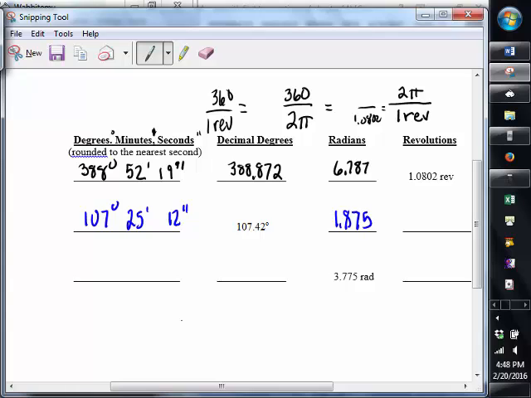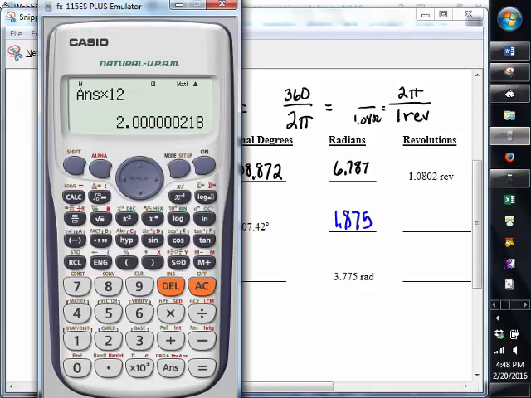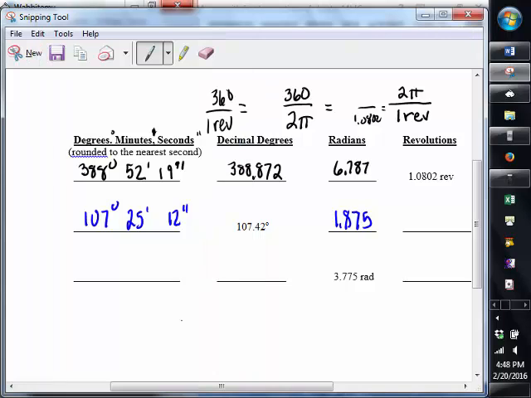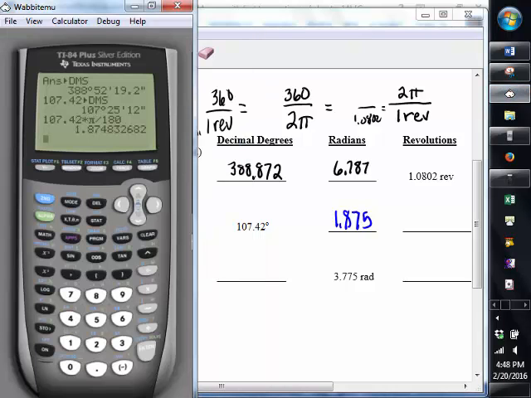radians. And then the last one is to convert that into revolutions. So we're going to be using this conversion right here. So we divide it by 360. Man alive, I should just get rid of that calculator, shouldn't I? 107.42 divided by 360 gives us about 0.298